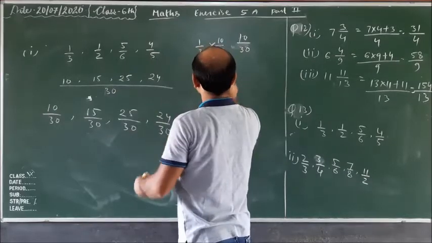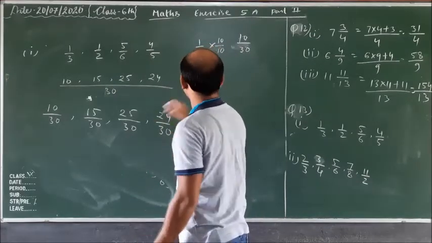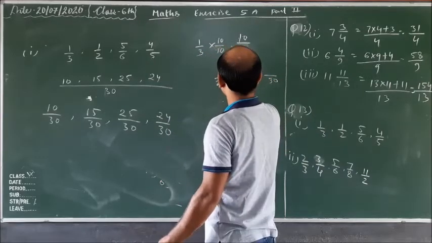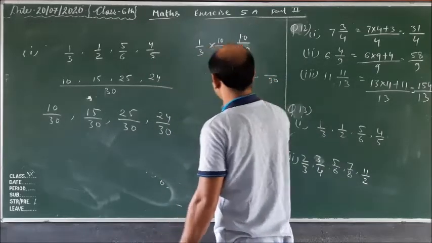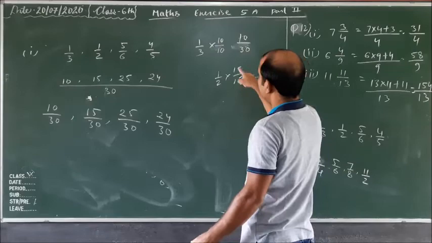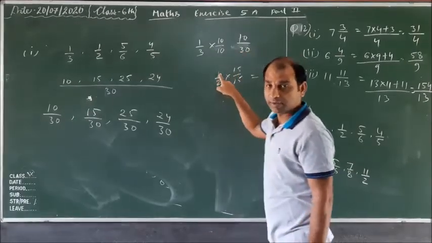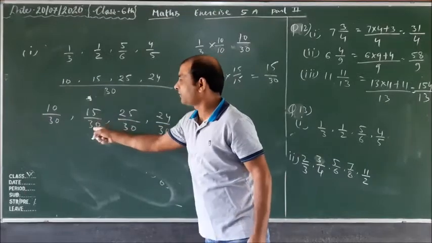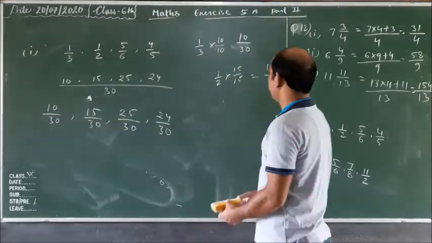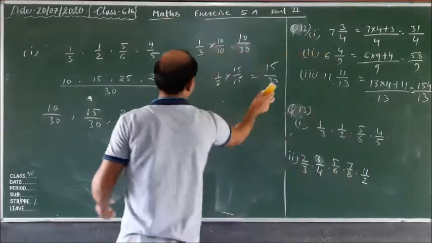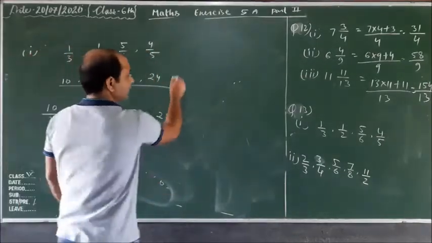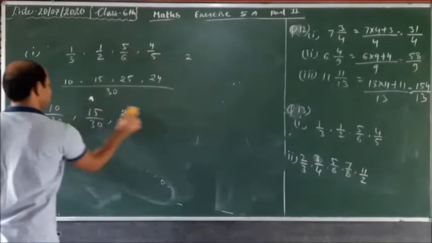1 upon 2. Which number do we multiply? Your denominator should be 30. So if we multiply by 15, 15 2s are 30. Then we multiply the numerator too, 15 1s are 15. Okay, now the second fraction is 15 upon 30. Okay, now the same as this, next question. Question number 2.